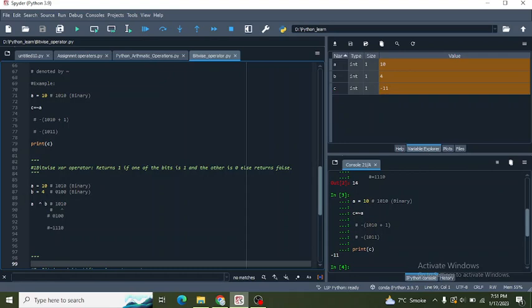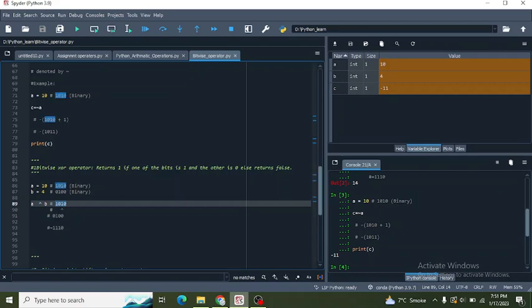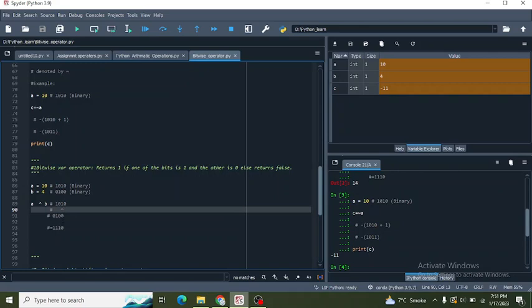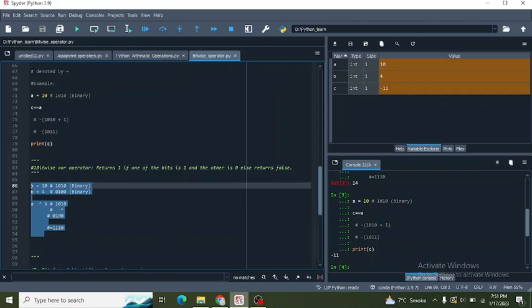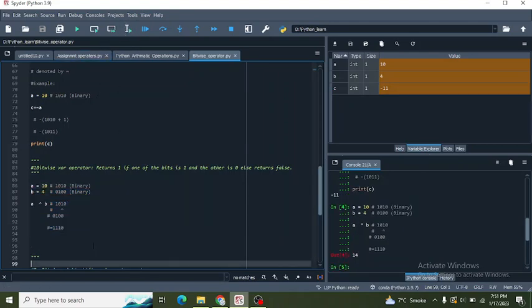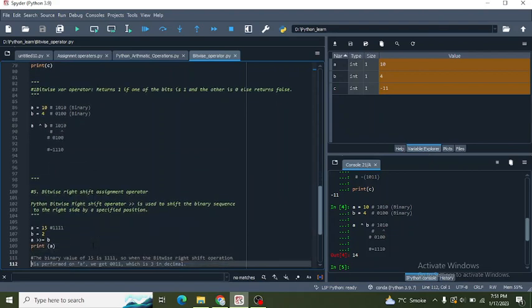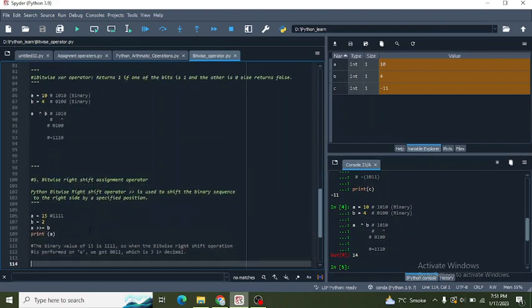Here is A, this is the bitwise XOR operator, this is B. This is the binary value of A, this is the binary value of B, and this is the bitwise XOR operator. Let's run it. Okay, it's 14. This is 14's binary value. So its output is 14.